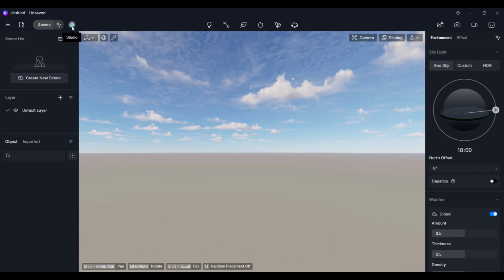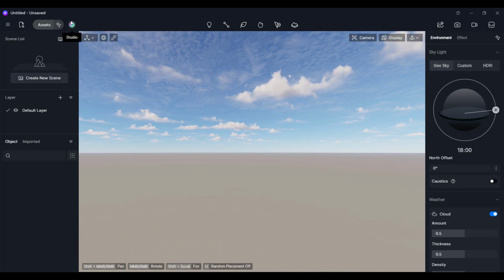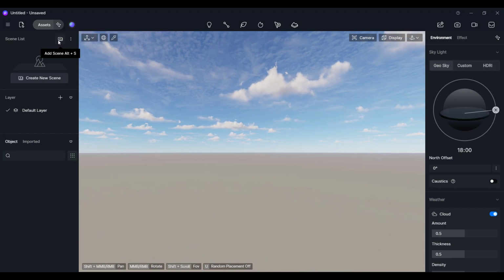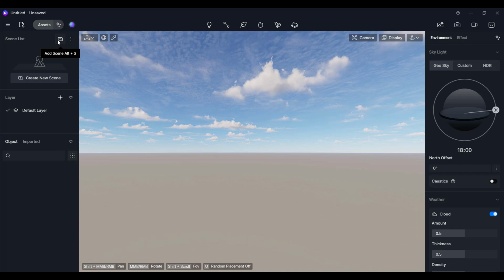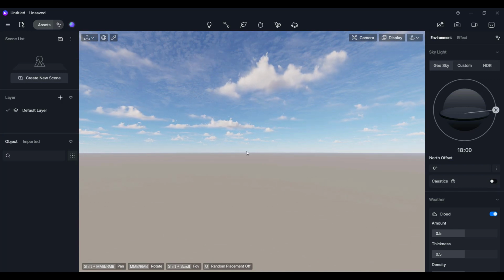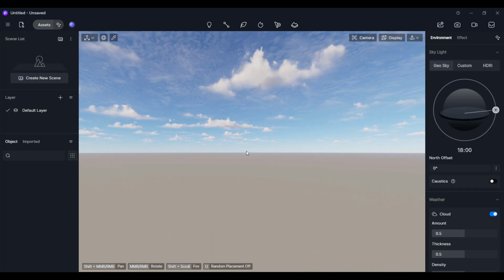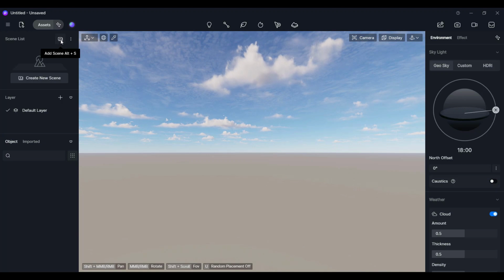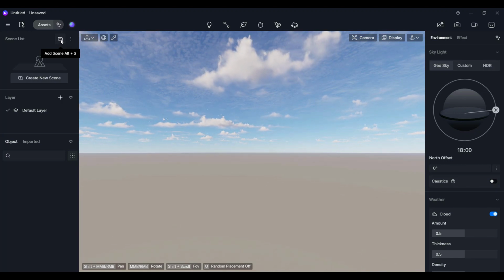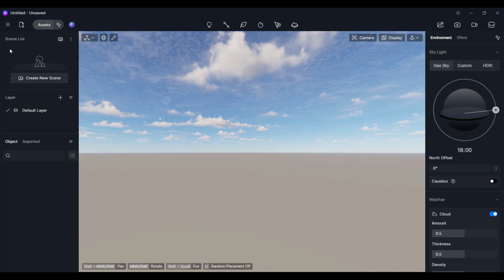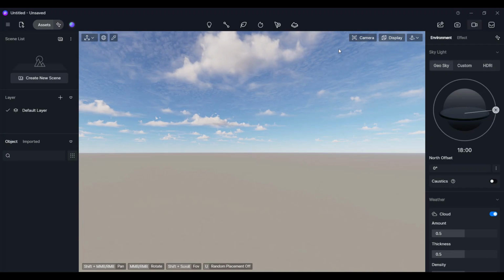And here we have a studio option. So detailing about the studio option we are going to learn in the next sessions. And we have scenes here. So once you import the model, if you want to take scenes or views, then you just click on the plus sign to take or create those scenes. Until and unless you create the scenes, you can't render it.